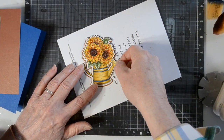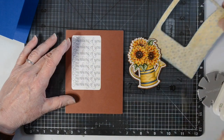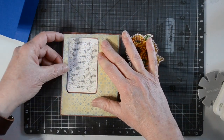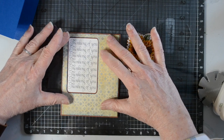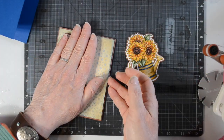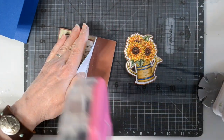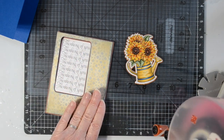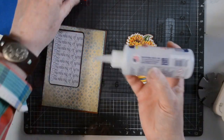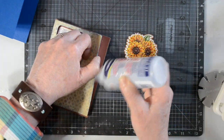Now, after I've done this, I will move ahead into the framework here. And again, I'm just going to lay it on there, make sure that it's going to work, and it does. The size is correct. And now I'm going to come in with the double-sided tape, and I'm just going to put one strip down. Now, I do this because it seems like I can lay something out and it looks like it's exactly square,